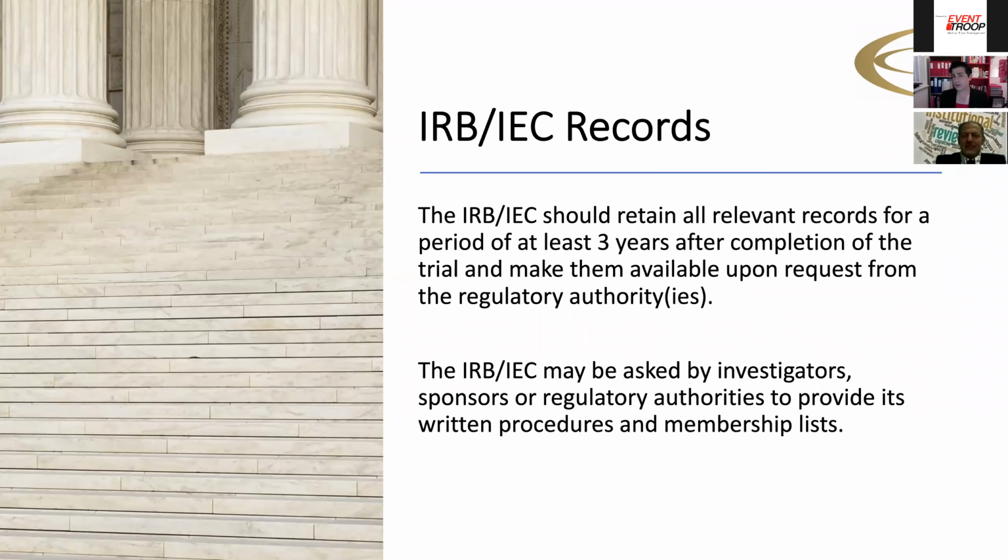Now, something else which is clearly stated within the GCP guidelines is that IRBs, whenever you are having your meeting, you have to have a membership list. So we know exactly when this meeting occurred that the right individuals were sitting. So there were at least 5 people. There was an independent person there. There was a non-scientific person there. And this list will be maintained and you will keep it. But if the sponsor or the regulatory authority or the investigator wants to see the list, they will make it available. GCP is saying that.